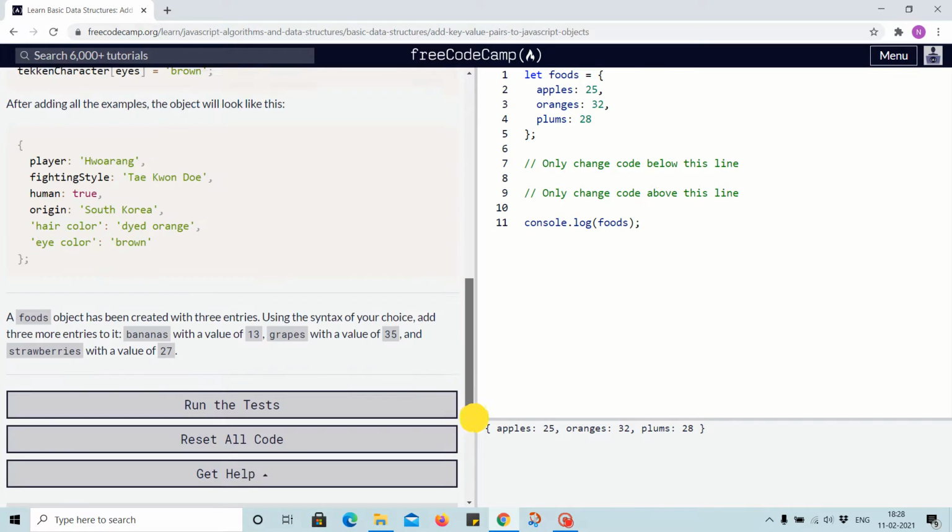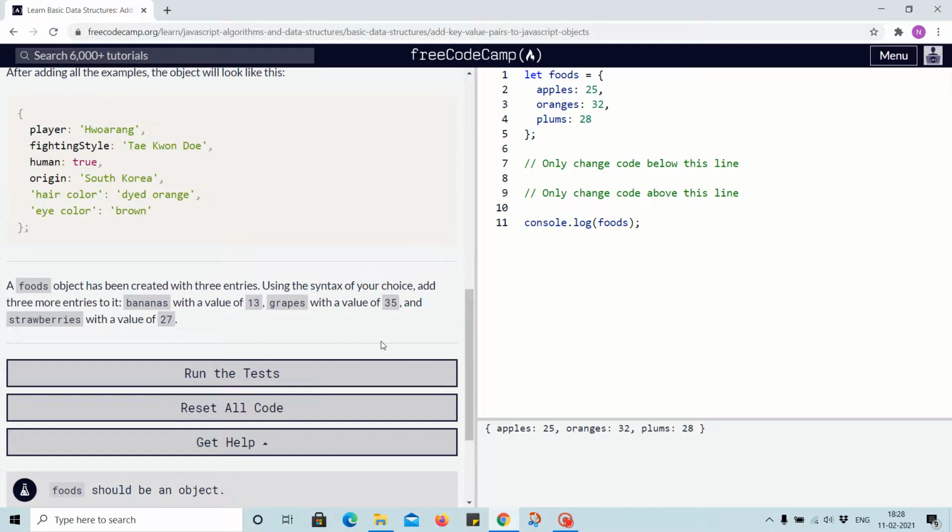Task for this challenge: a foods object has been created with three entries: apples, oranges, and plums properties. Using the syntax of your choice, add three more entries to it: bananas with a value of 13, grapes with a value of 35, and strawberries with a value of 27.